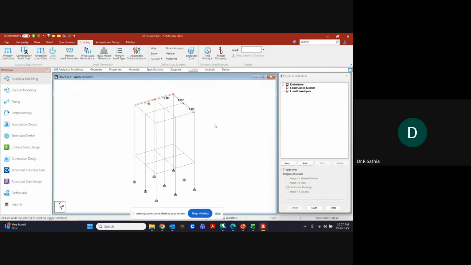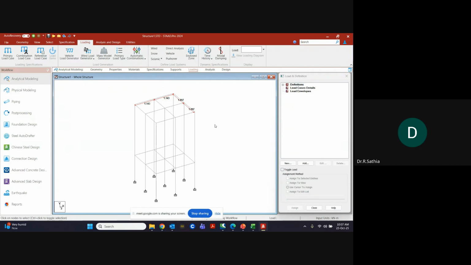Please unmute and answer. What are the loads that will come on a structure? Yes, live load. Jitendra has answered as live load.